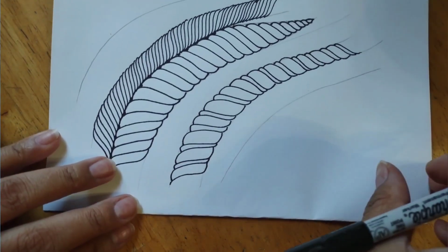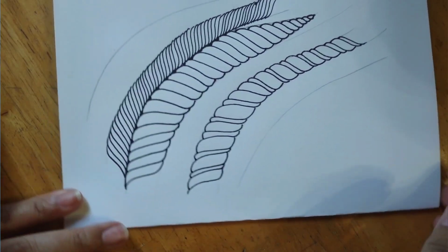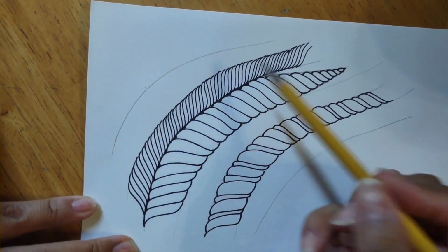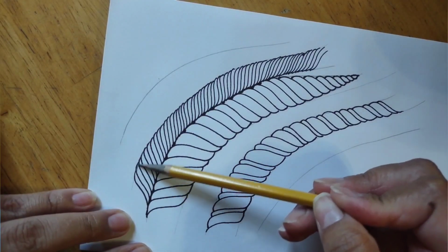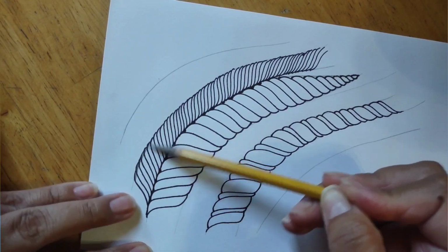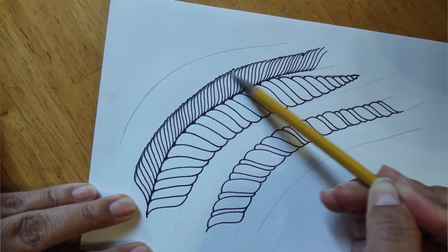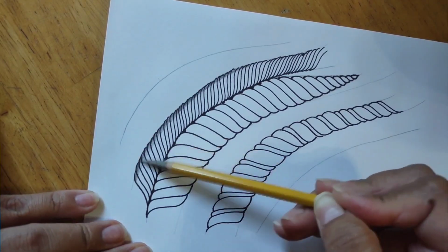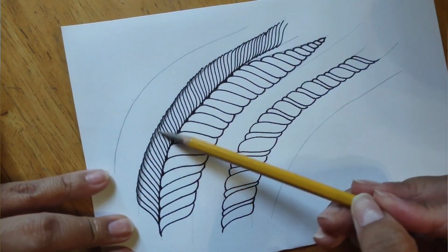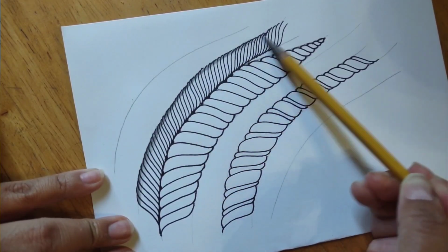So something else that I'm going to show you very quickly is just how to add a little bit of shading in here. So I'm going to take this basic one, and when you're shading this, all you're going to do is take your pencil and just go along the edges. So I'm going along this left edge and just adding some graphite. Of course, if you have some other way you want to do this, you have your colored pencils, of course. You could have an ink wash. You have other options,